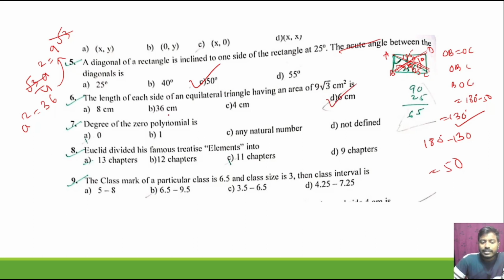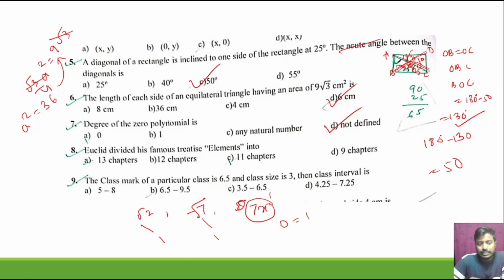Next question, degree of the zero polynomial is dash. The degree of the zero polynomial is not defined. Also remember the degree of a constant polynomial, either root 2, comma root 7 or 7x. Here the degree equal to 1, and here also degree equal to 1. For a constant polynomial the degree is 0, but here the degree is 1. The highest power of the variable is 1, so that's why the degree equal to 1.